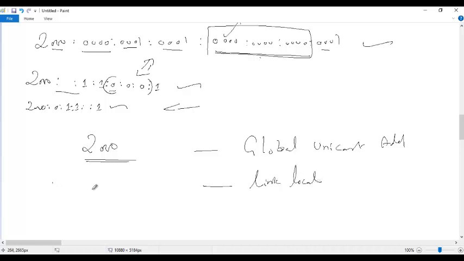There is no other option, so FE80 is the only option for link local; by default, link local means FE80. Colon colon 1 is the loopback address.